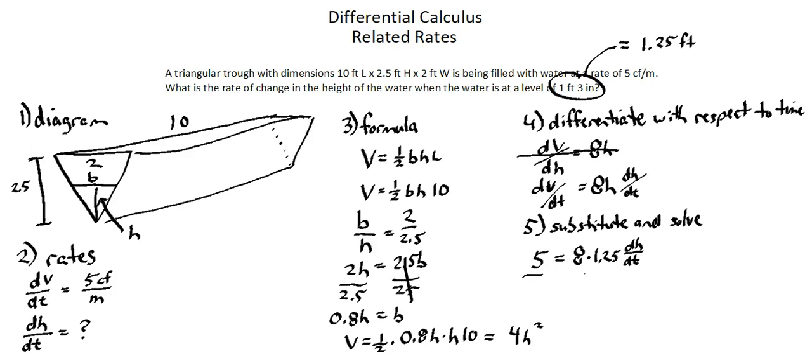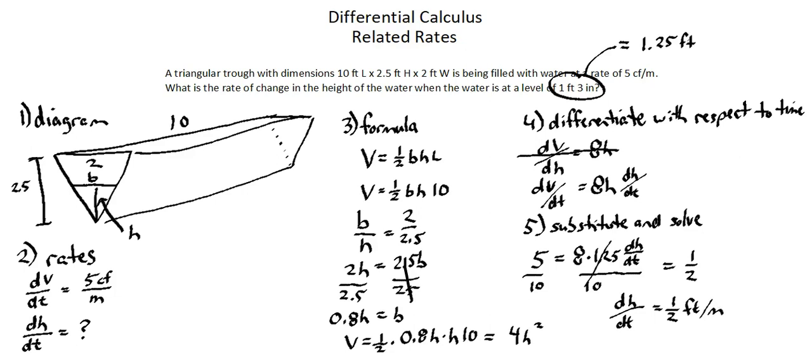And I can solve by dividing both sides by 10, which is 8 times 1.25, to get to a value of 1/2. And that is the answer. The change in height with respect to change in time is 1/2 foot